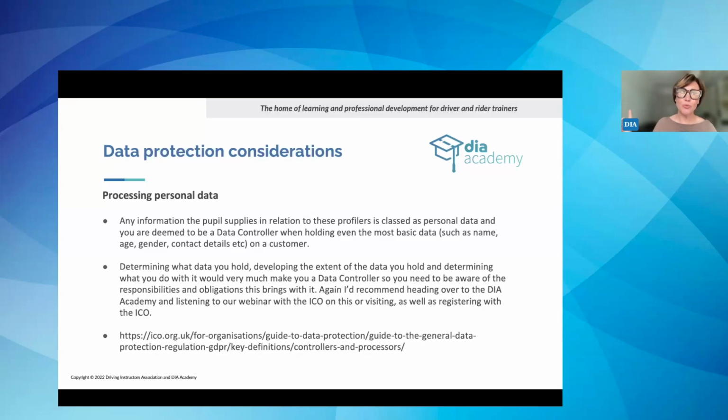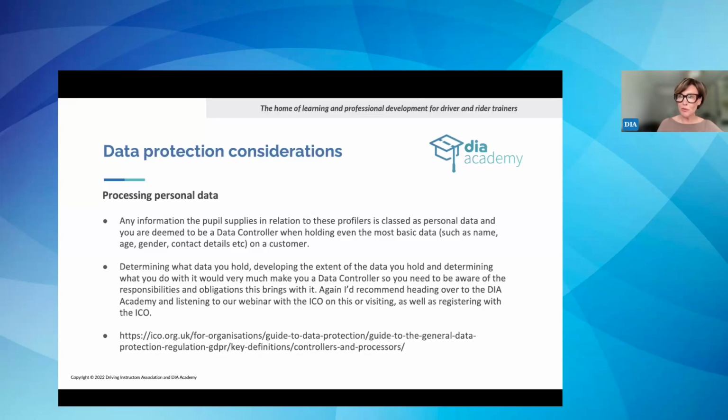And not always will that indemnity policy pay out for that purpose, because it may be found that you have made serious lack of care in running your business to allow that to happen. So everything you can do to shore up the protection of you, your business, and your pupils is really important. So determining what data you currently hold, adding in the fact that gathering more data means more responsibility, and determining the extent of the data you hold and what you do with it very much makes you the data controller.